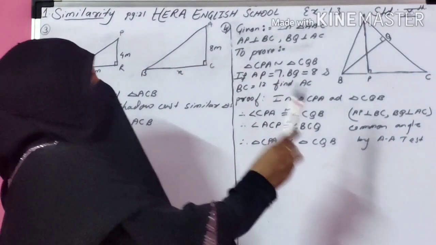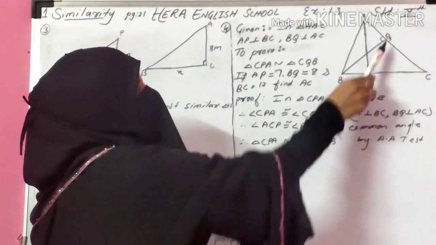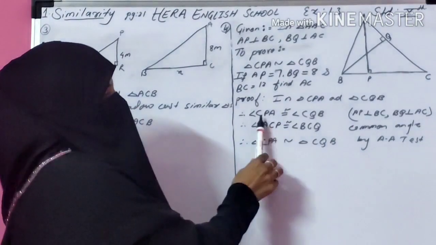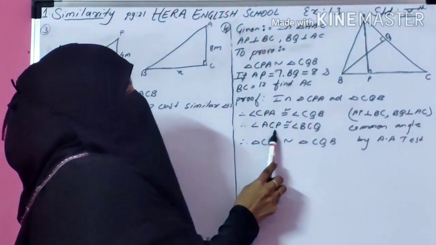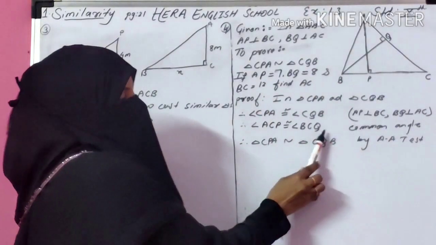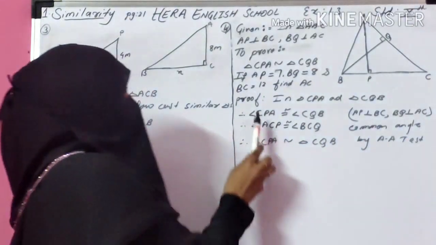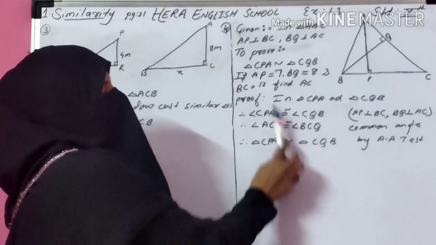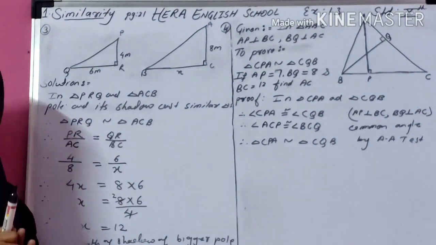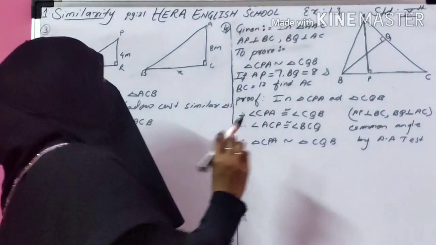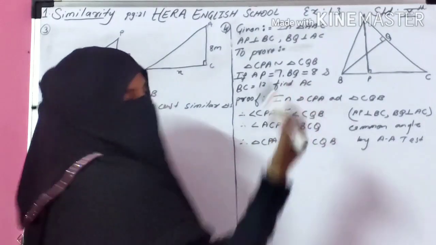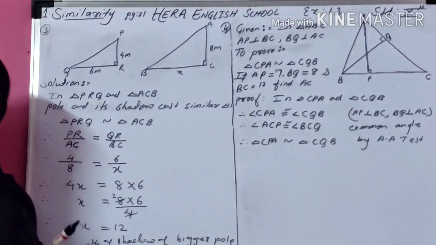Okay. One angle I have observed here P, here Q, these are perpendicular, so these two angles are 90 degrees, so congruent. Now one angle I have observed, angle C is common in both the triangles, so therefore this angle is congruent as a common angle. So therefore these two triangles are similar by AA test of similarity. First part complete. Now the second part. If AP is 7, BQ is 8, BC is 12, find AC, that means the question is about corresponding sides.